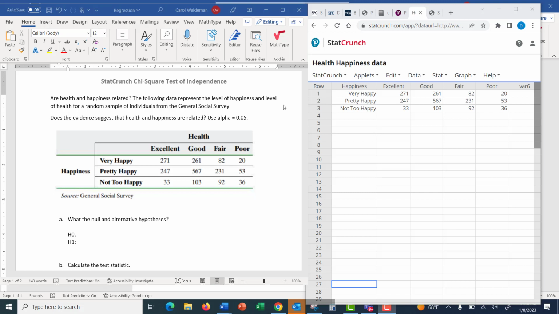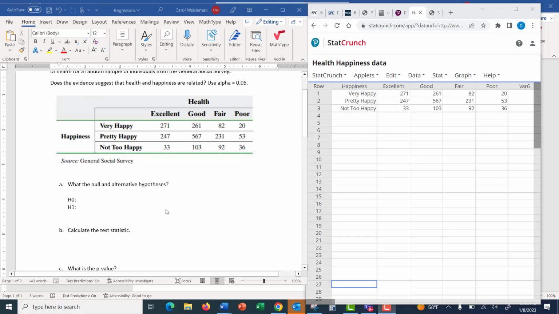So we see in the table we have the individuals categorized by their level of happiness and also their level of health. So the first question is, what are the hypotheses that we're going to test? When we do a chi-square test of independence, our null is always that the two variables are independent. Our two variables here, we're going to call them health and happiness. Just write it that way. So health and happiness